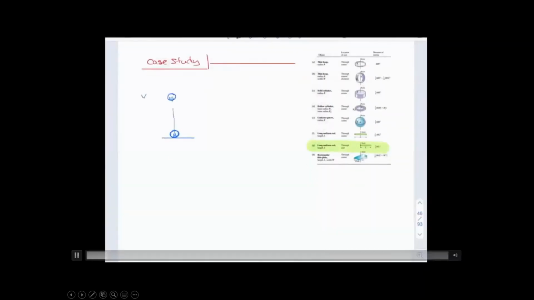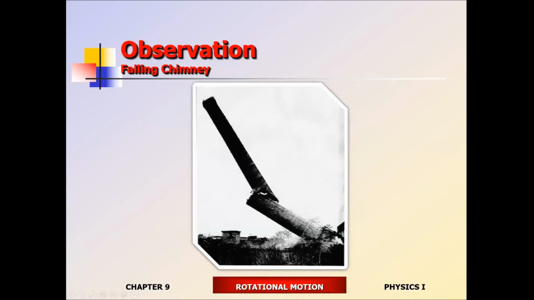So the question is not why, because it's an easy thing to explain. Because of the rotational motion itself, which I'm not interested in. What's interesting is this explains why the falling chimneys break at some point. The reason why they break, and this is once again a good test question, is